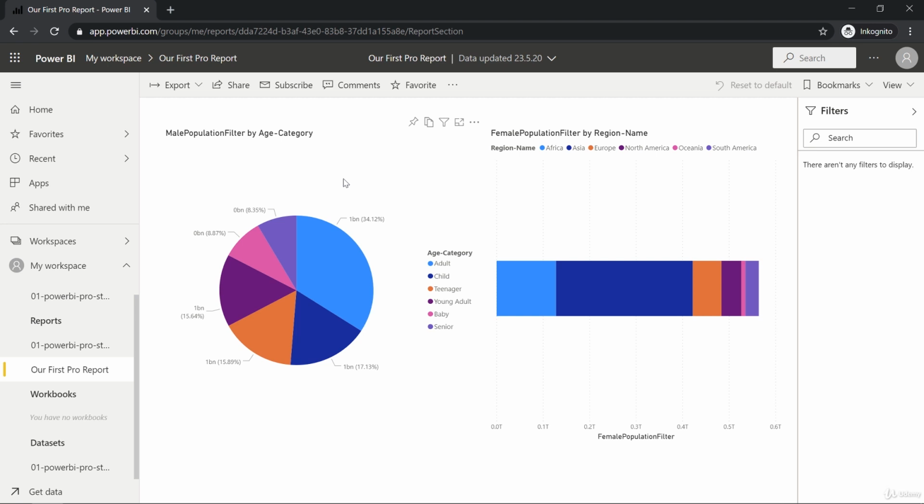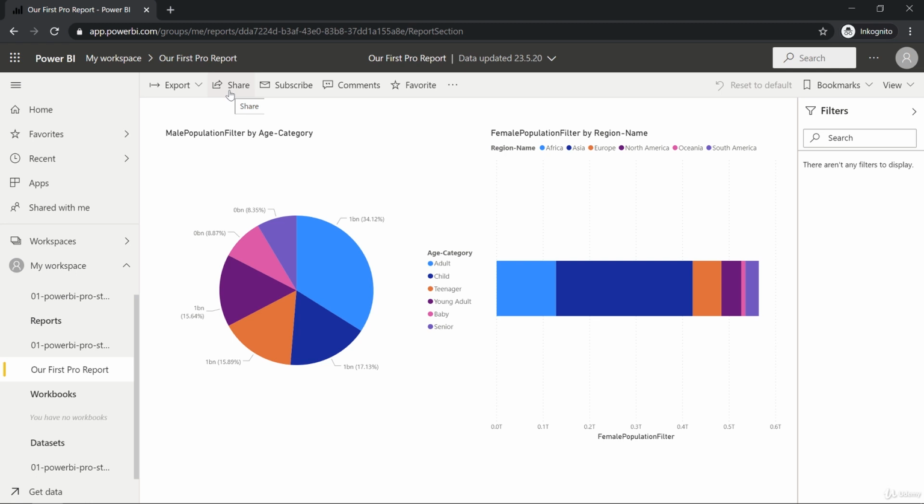And again, I'll stick to the options that are not known already. The first option you see up here is this export option. And here we have three options basically. We can export a report page or an entire report as PowerPoint or PDF, or we can print the page. Quite helpful sometimes as you want to quickly have the data in PowerPoint, for example. You have options to share the report. Sharing will be covered again later in this module. Therefore, I would like to skip this for the moment.